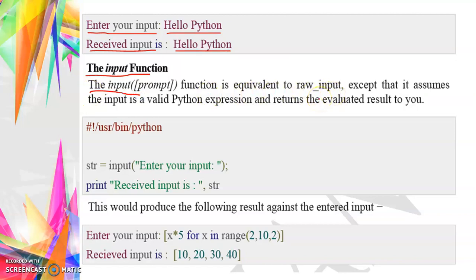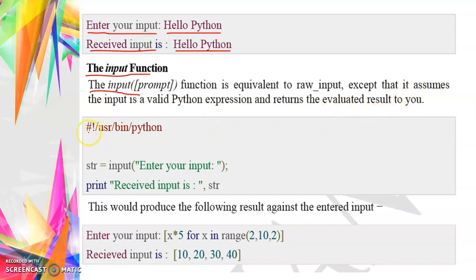Both are the same; there are some similarities between these two predefined functions, raw input and input, right? The input prompt function is equivalent to raw input, except that it assumes the input is a valid Python expression and returns the evaluated result to you.